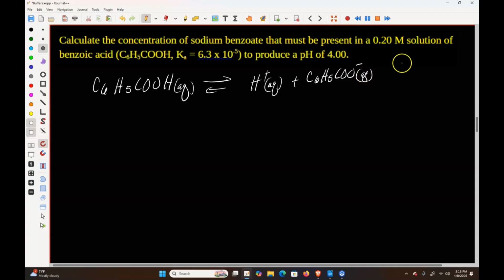Okay, so I want a pH equal to 4.00. My Ka is 6.3 times 10 to the negative 5th. So I'm looking for this. Don't know what that is. But I know that this is going to be a 0.20 here. All right, so starting with Henderson-Hasselbalch,